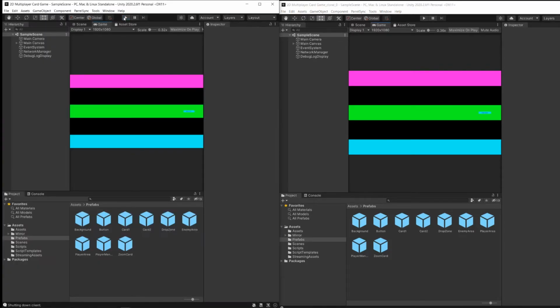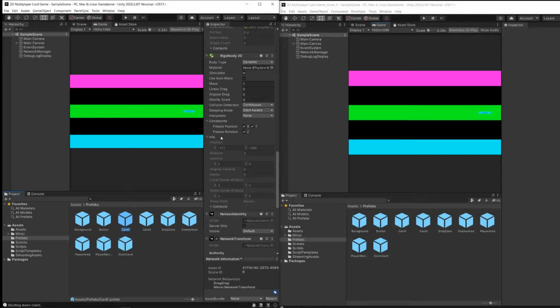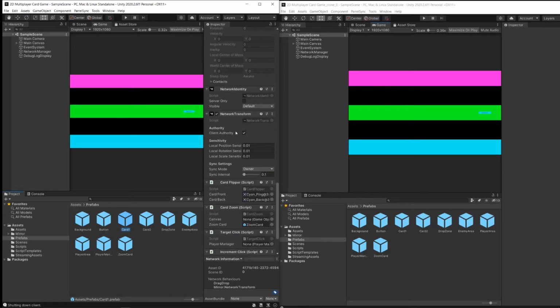And the issue here is, if I go to my card 1 and card 2 prefabs, the way that you probably already have it set up, because we haven't really addressed this in our videos so far, is that if I go down to the network transform of these prefabs, I have an option here to change the sync mode from observers to owner, which I've done in my build here. You probably haven't done it yet in yours. And when I change the sync mode in card 1 and card 2 from observers to owner,